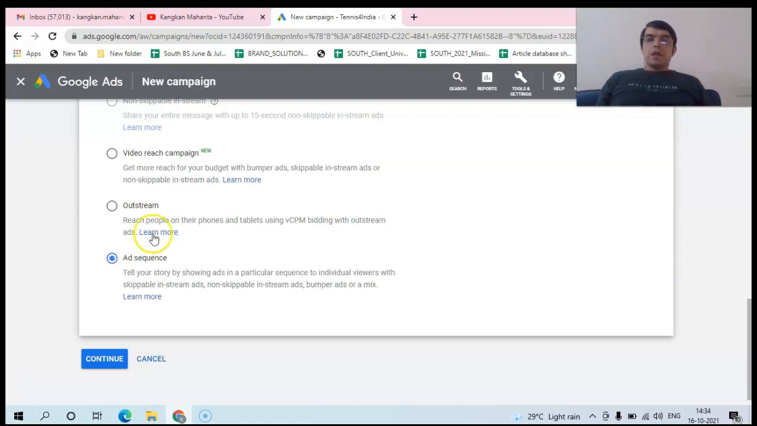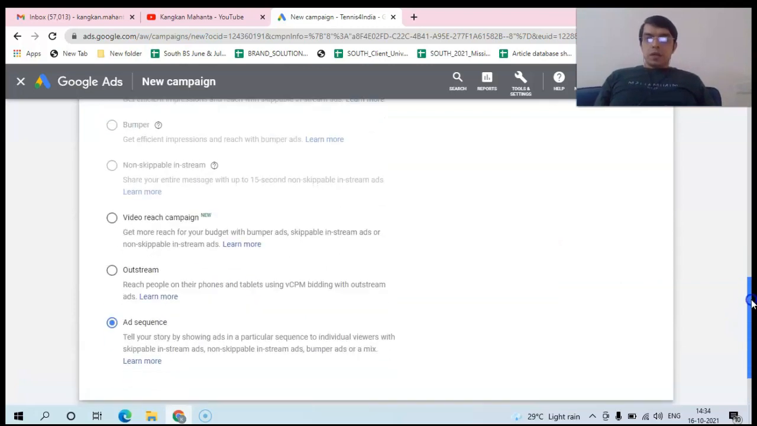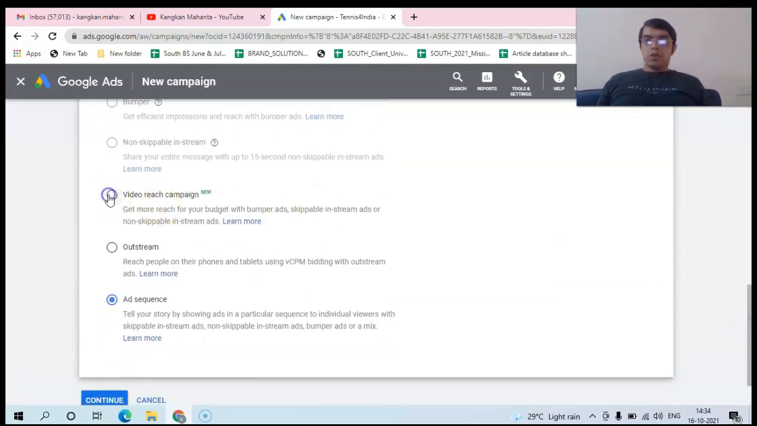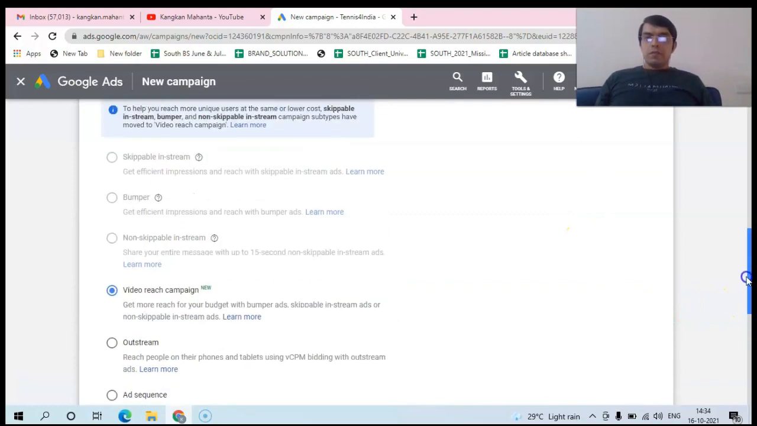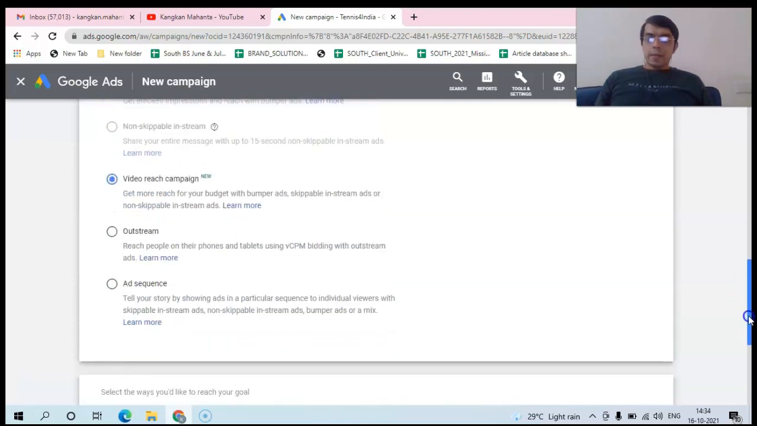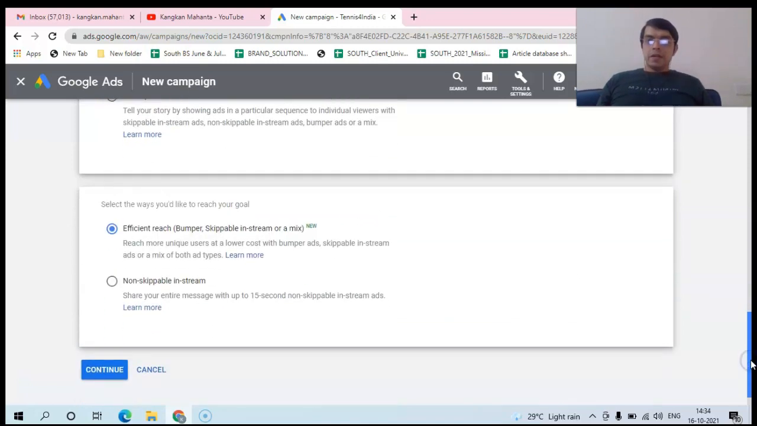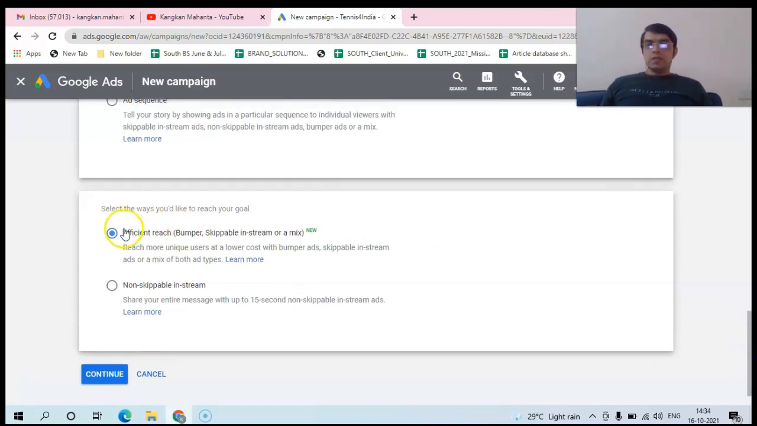Okay, so now let's see one by one. Let's choose video reach campaign. So in video reach campaign, what happens? We have skippable in-stream, bumper, and non-skippable in-stream, right? Now again in this I've got two options. Either I go for bumper or skippable in-stream, or a mix of this, or I can go for non-skippable